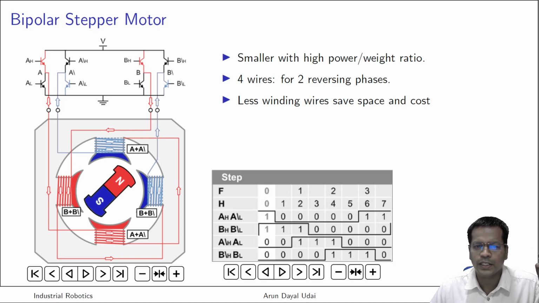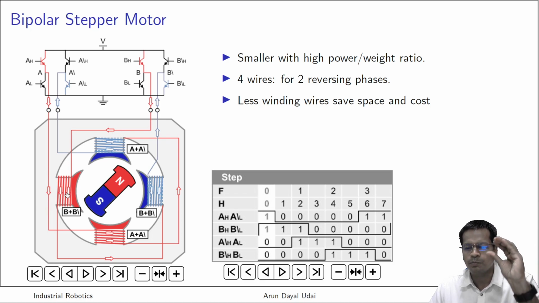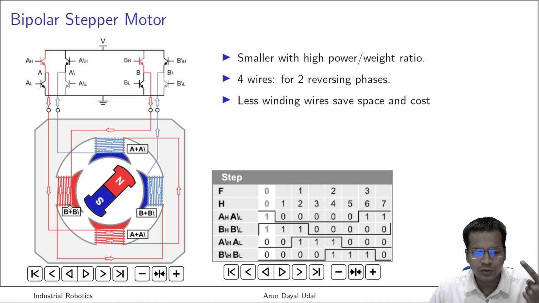The driving circuit is complex, no doubt about it, but that comes in a single chip anyway. If you buy a ULN2003 or you use an L298 for this, both are the same size. So size-wise and cost-wise there is not much of a difference. Where you can save is on space, on cost, and you get more power in turn. That is why bipolar motors, this square caged motor, are more popular. Got it?